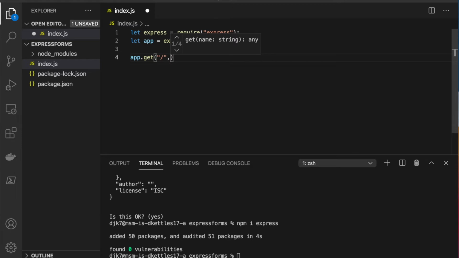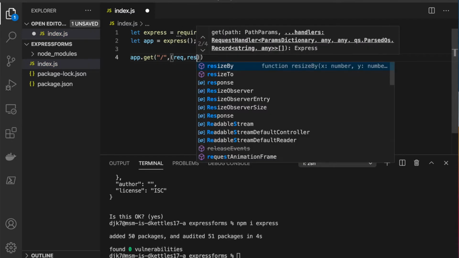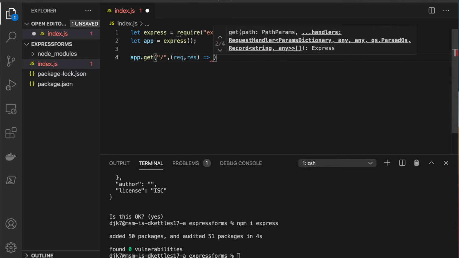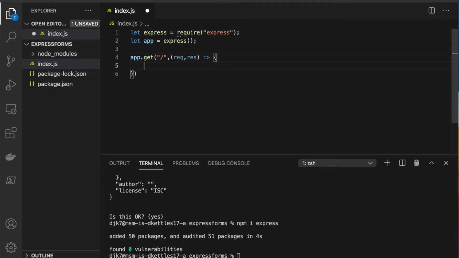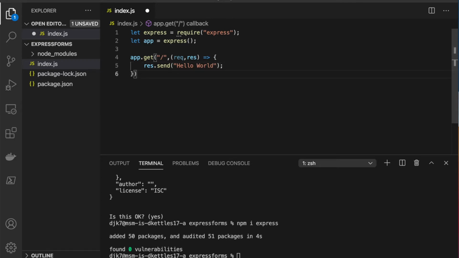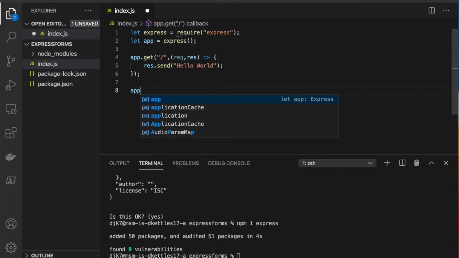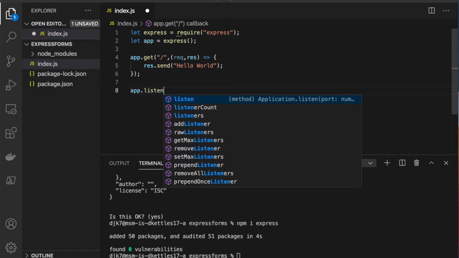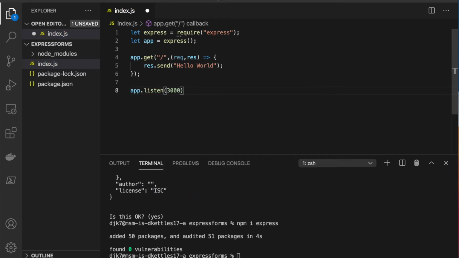and then request, response, arrow function, and if you were following on previously, you could see response.send is one way we could send something to the page. So I could say hello world, and then we can start this by doing app.listen, tell what port to listen on. All right, let's go ahead and save this page and then see if it works. Node index.js,